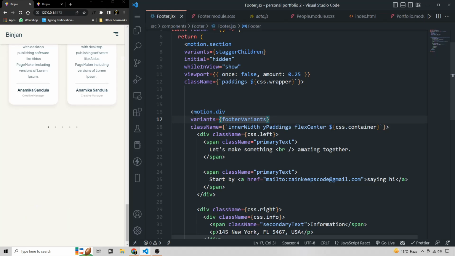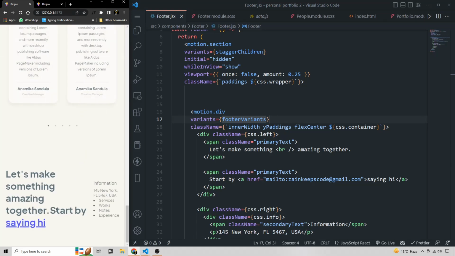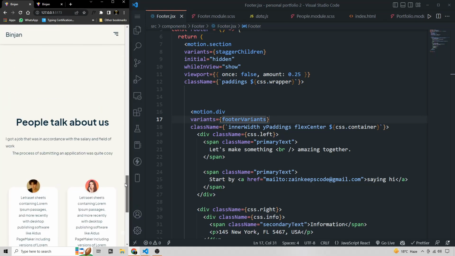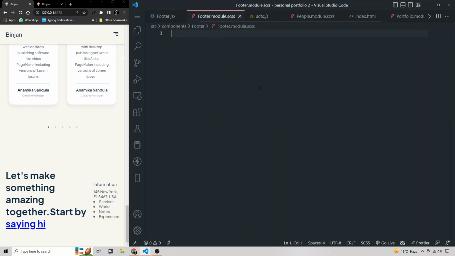Let's import it by auto suggesting, and now if I refresh the page here, it is showing an animation while in view. Essentially you can see it like this one. Okay, very good. Let's move towards the CSS part, and for the CSS, first of all import all the constants,